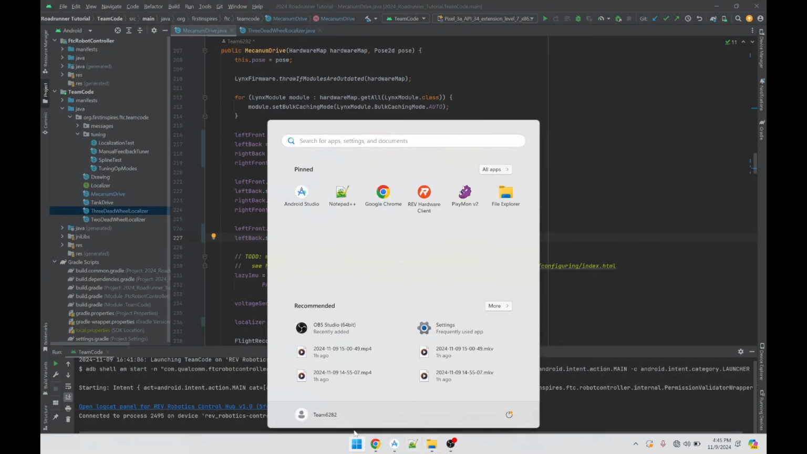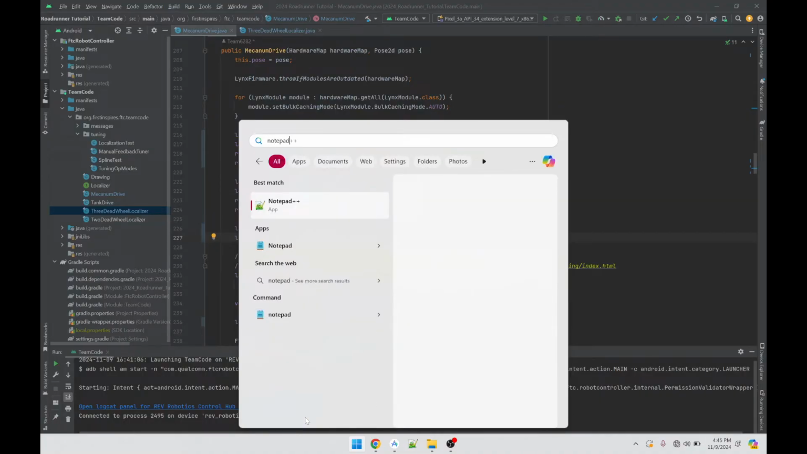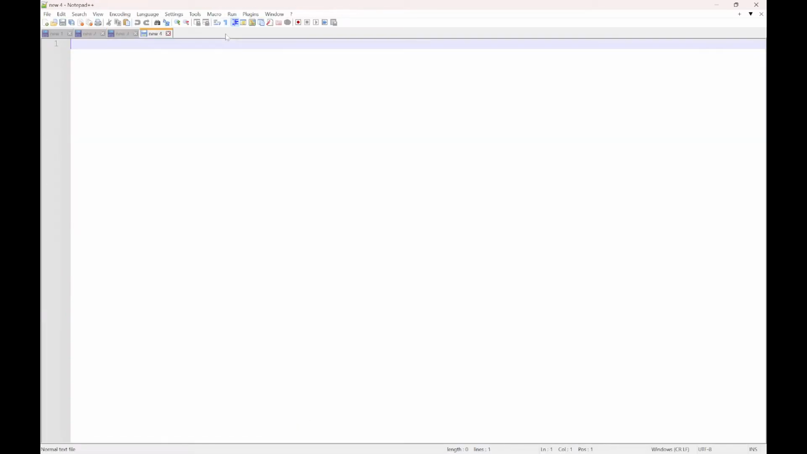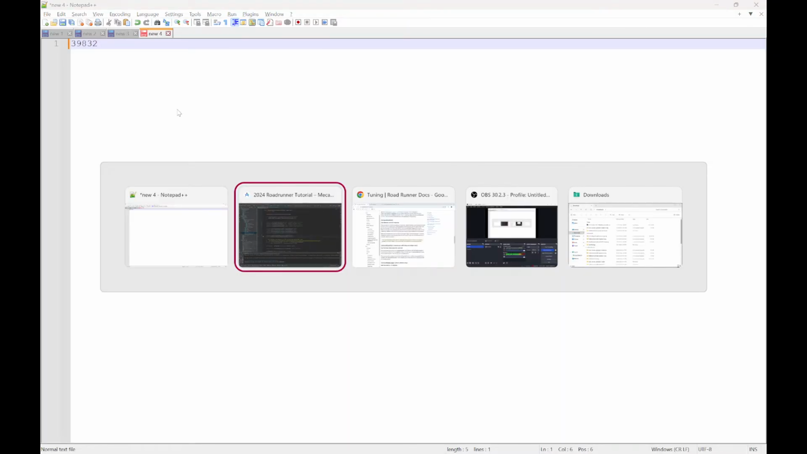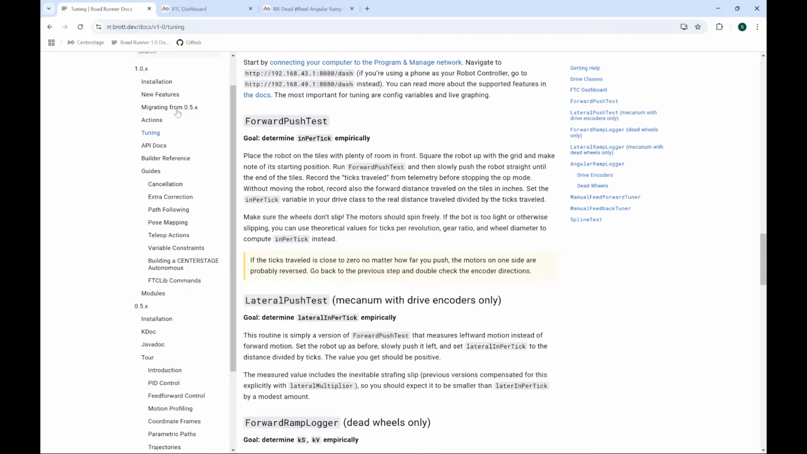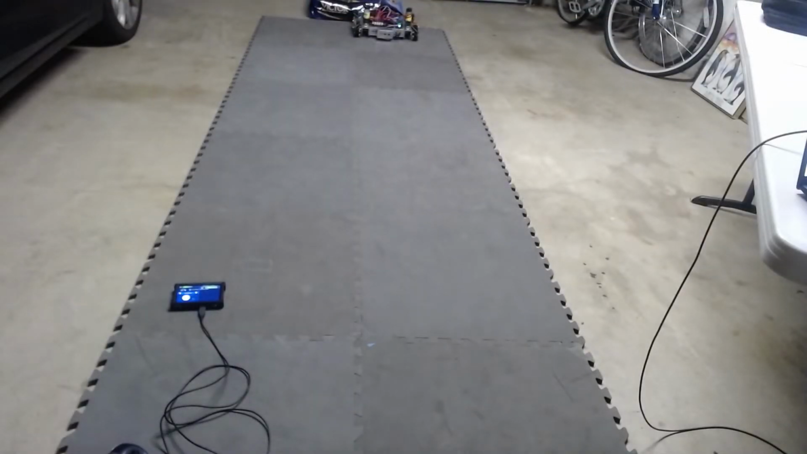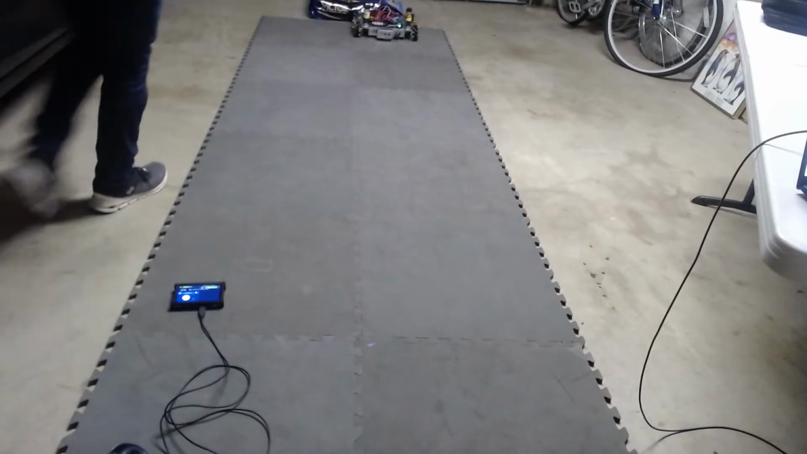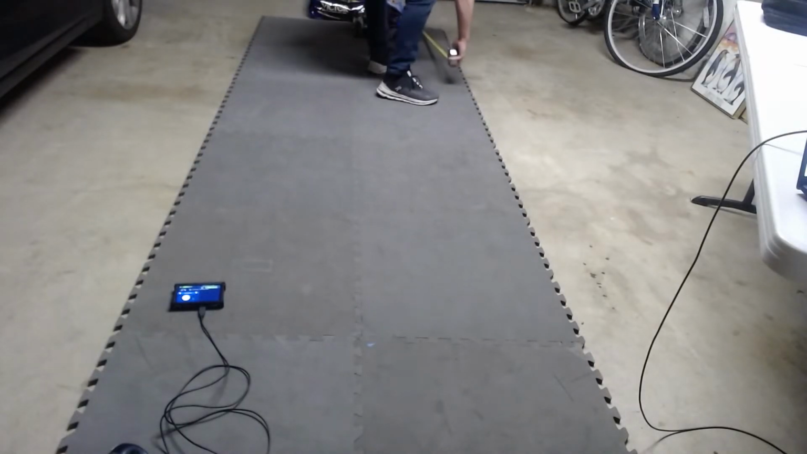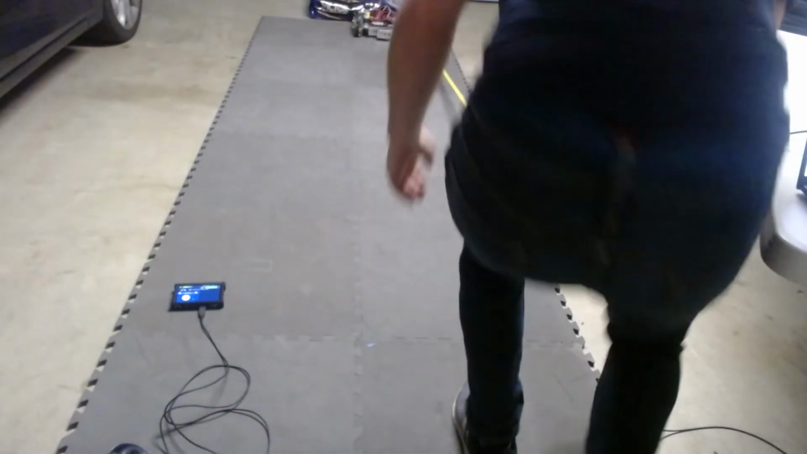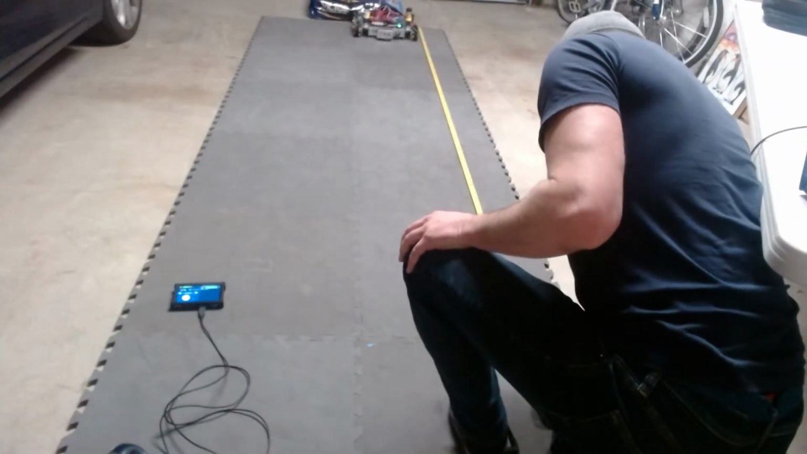Let's just open up Notepad real quick so we can write some stuff down. That was 39,832. Let me make sure of that real quick. 39,832. Yep. So that's how many ticks we traveled based on how far the robot moved. So now that we know ticks, we need to figure out inches. So that's pretty straightforward. We have a tool to figure that out. We're going to get a tape measure and measure where the robot ended in a straight line all the way back to where the robot started. So for me, that's